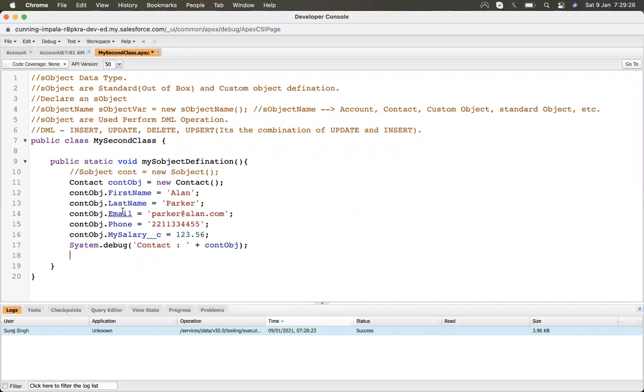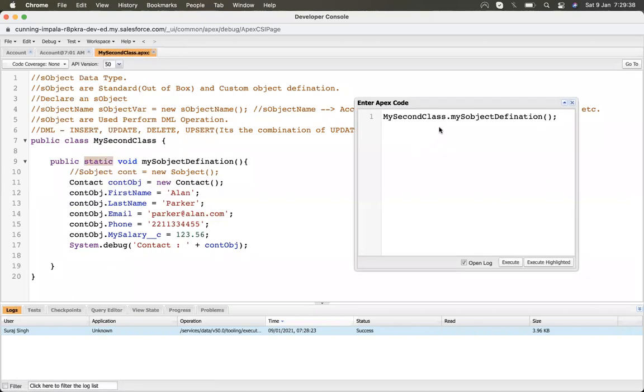Suraj, maybe a simple question. Why do we start with static void instead of something else like a void? Actually, I don't want to initialize an instance of the class. If I put static, I can write a single line and call that. Yeah, can you show that too, please? Like, how do you do that?